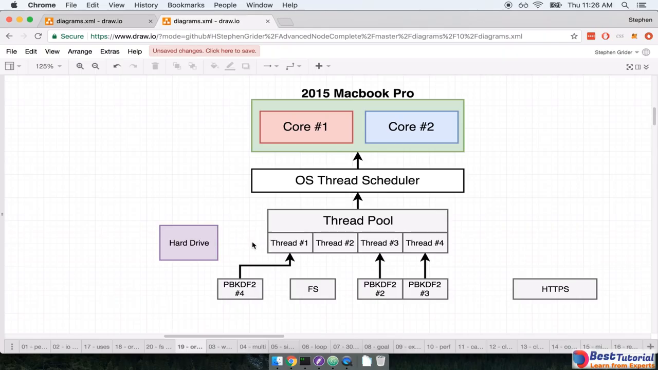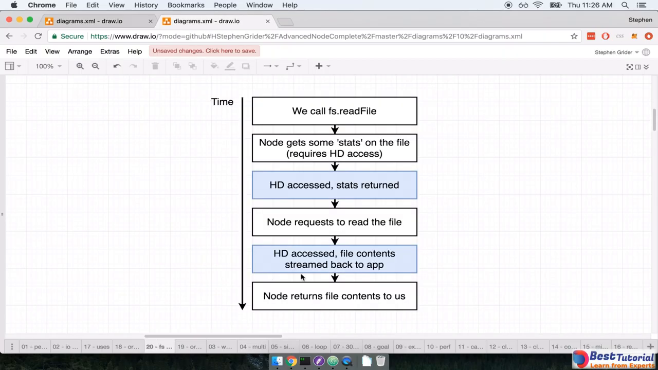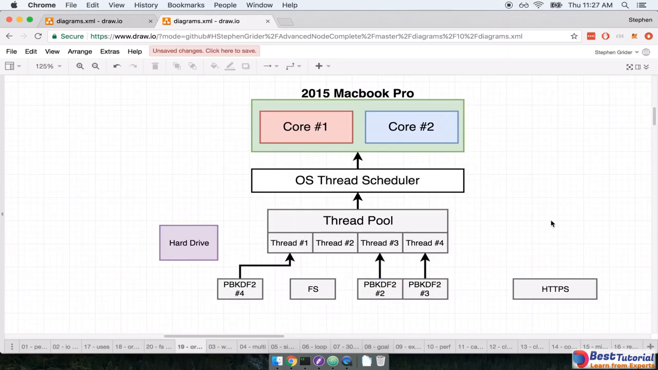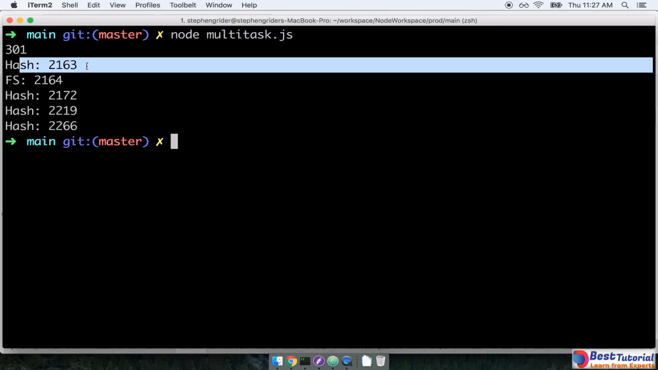when it makes that follow-up request to actually get the file contents, like this step right here, there's no other work for it to do, so it just sits around and waits for it to come back. And then as soon as those file contents come back, then thread number 2 processes them, and we then see that console log appear. So that's why we saw over here, we always saw one hash get completed before the